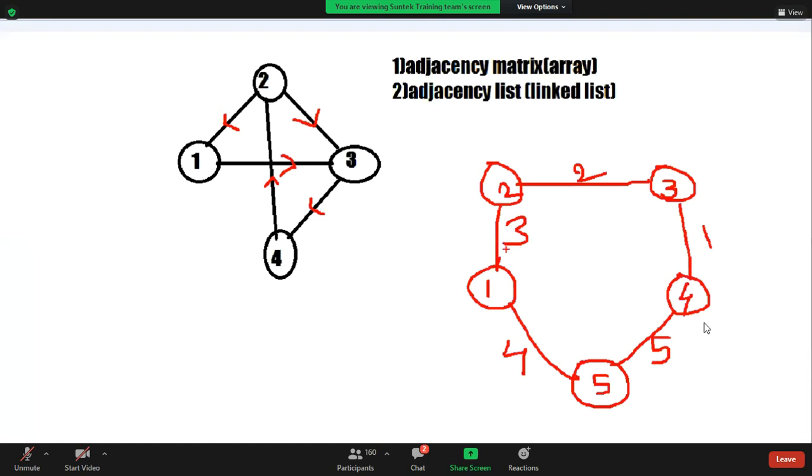Okay, you can go from 4 to 2. We can't go from 2 to 4 because it's a single direction. This is a weighted graph. What is weighted? Distance between 1 and 2, 2 units or 3 units like this. For example, if I write arrows, that is a directed weighted graph. This is a directed weighted graph. Write these graphs, guys.